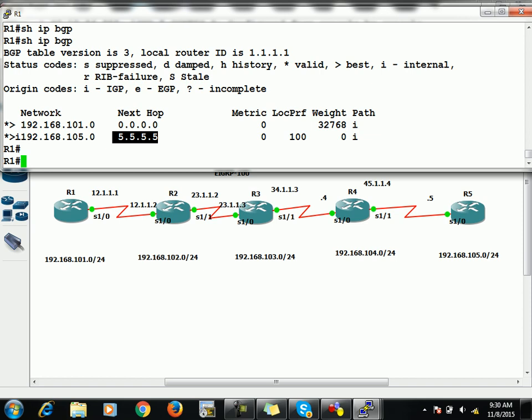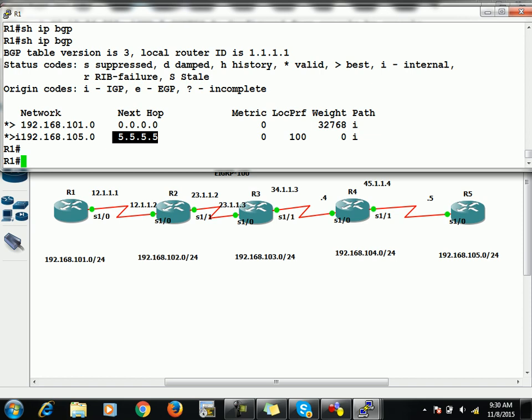But in BGP we can modify the next hop address anytime with the help of a route map. In the previous class I taught you how you can modify next hop with the help of the next-hop-self command. But the next-hop-self command can be configured only on edge routers, right? Like if you are receiving prefixes from an EBGP neighbor and advertising them towards an IBGP neighbor, then only it can work. But over here you can see that,